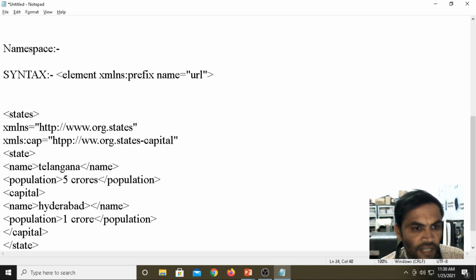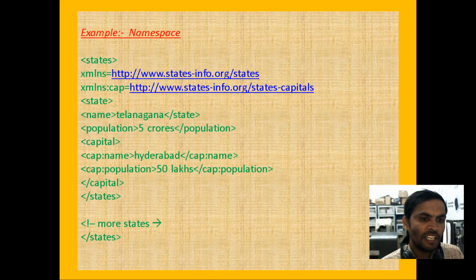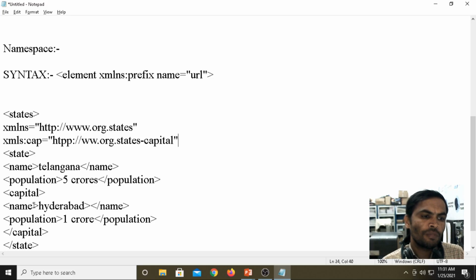Now if you take it under this namespace, org.state means the state's information, the name and population, will be there. Coming to the capital, now I am writing before the element name the prefix we have given, cap.